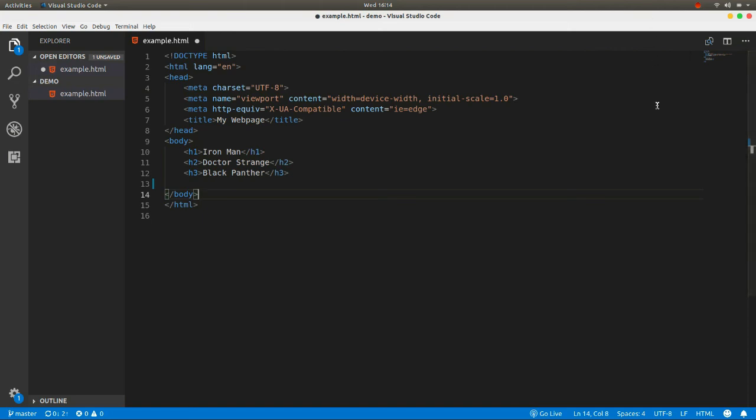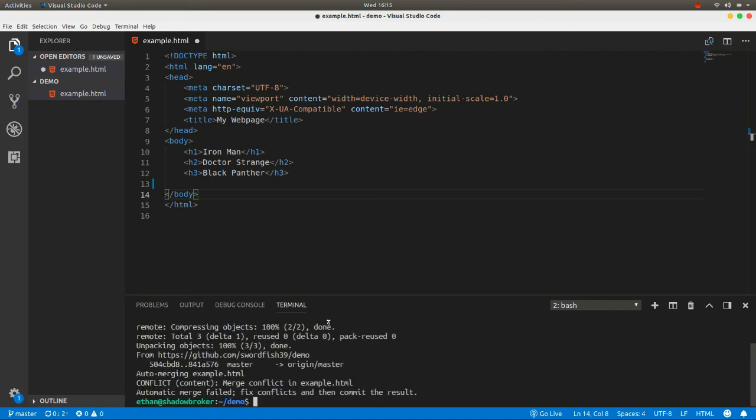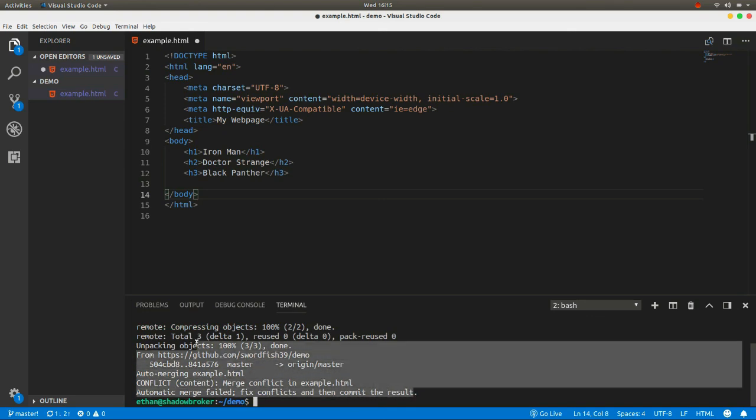So now if I try and run a git pull, let me open terminal and type git pull. What you'll notice is we tried to auto merge example.html, but then there was a conflict. There was a merge conflict in example.html. The automatic merge failed. We need to fix these conflicts and commit the results. So if I take a look at example.html in my text editor,